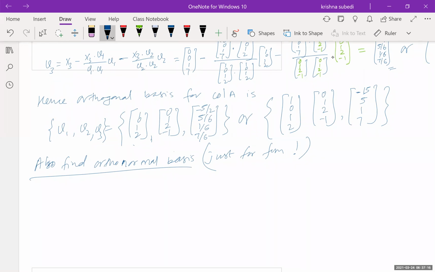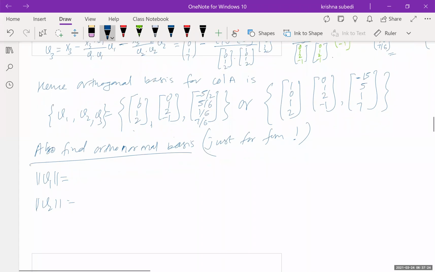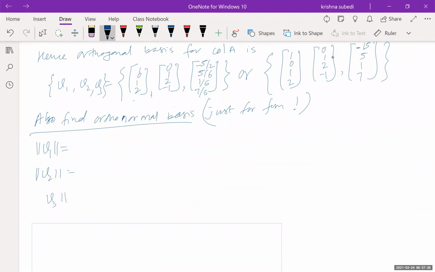All right. Now let us find the orthonormal basis. Orthonormal basis means, first of all, you need to find the norm of v1, the norm of v2, and the norm of v3 as well. Okay guys, I leave it to you. The norm of v1 is 1 squared plus 0 squared plus 1 squared plus 2 squared, which gives me